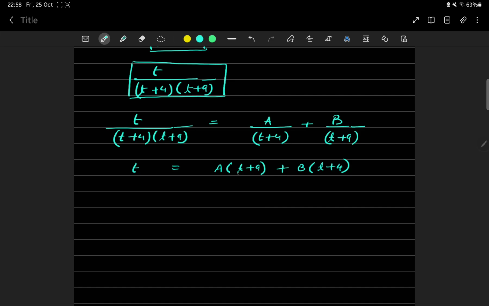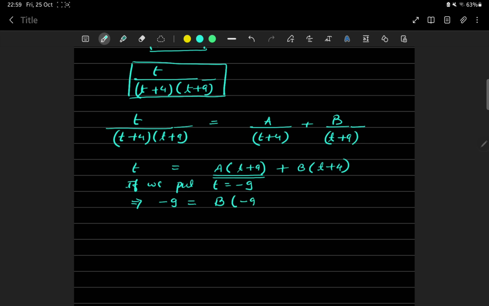you can put t equals to minus 9. If we put t equals to minus 9, what will happen? This term will become 0. As soon as you put t equals to minus 9, this term will become 0. So this will become minus 9 equals to A into (minus 9 plus 9), which will become 0, plus B